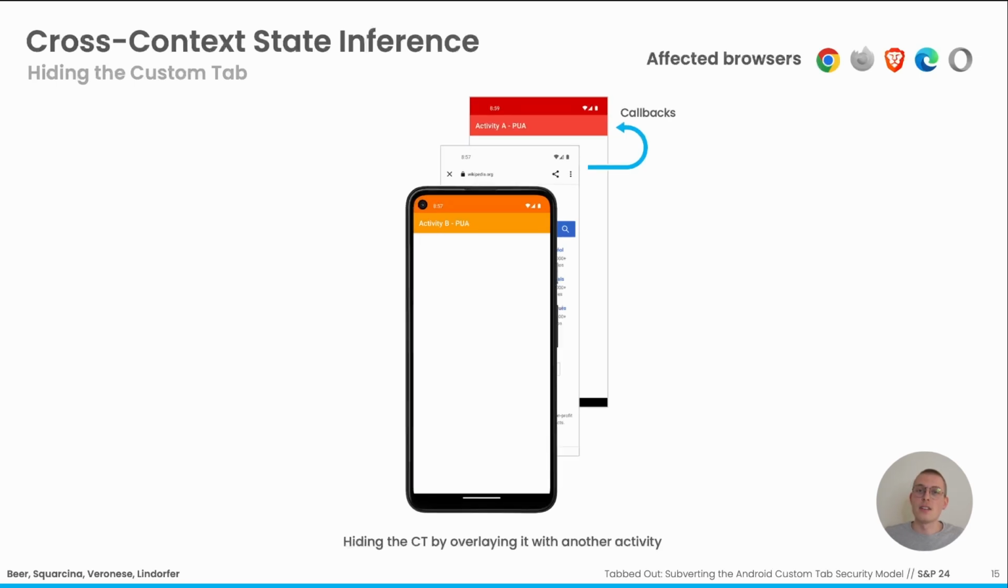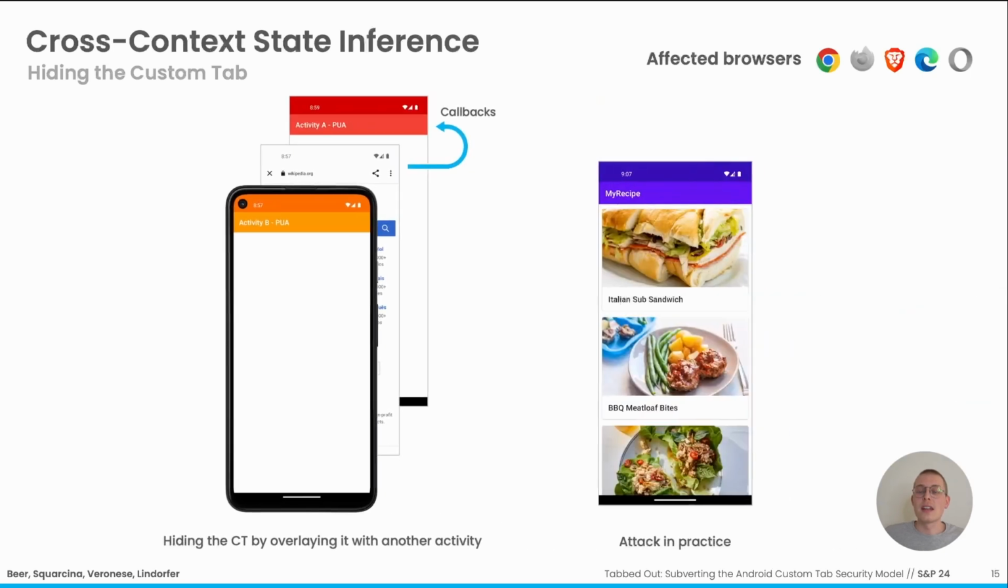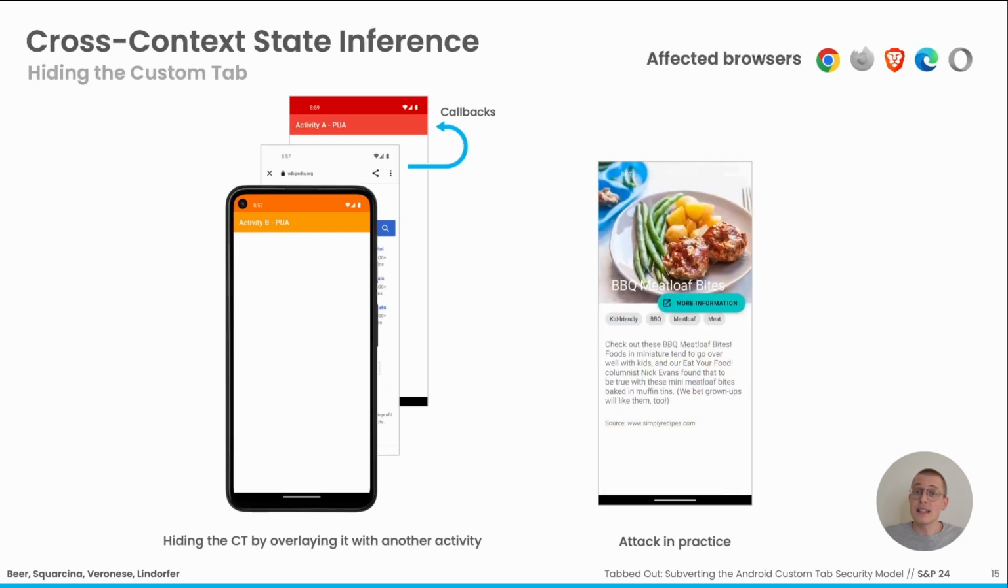And an application can use this, for example, when the user navigates in an app. So when the user navigates from one screen to another screen, the application doesn't immediately open the target activity, but opens a custom tab in between. So here you can see a screen capture of this technique. The user clicks on an item, a custom tab is opened, and this custom tab is immediately hidden by this other activity again. And as you can see, there is no clear visual indication that an attack has taken